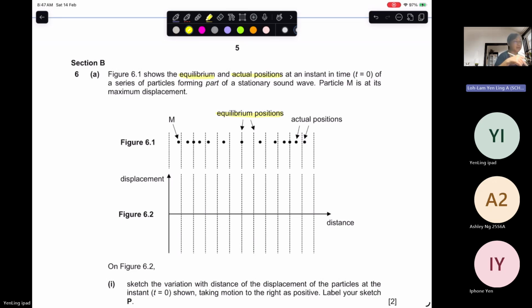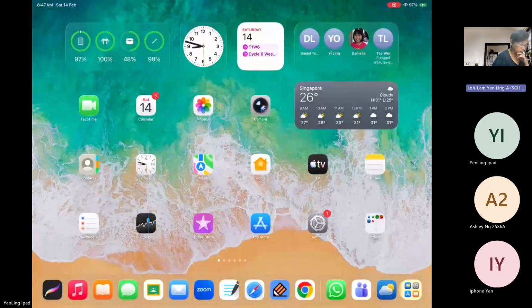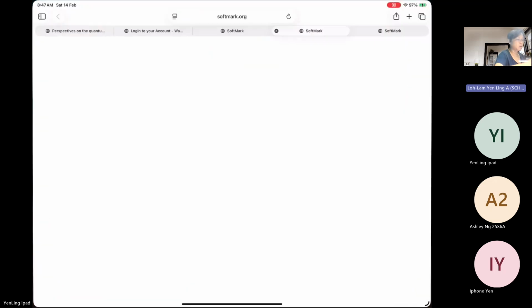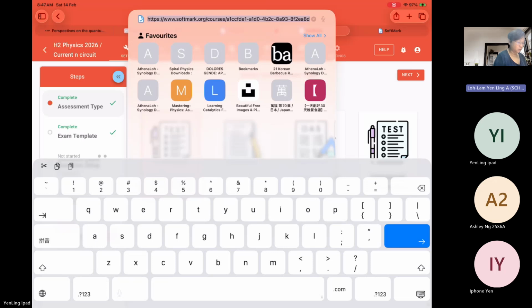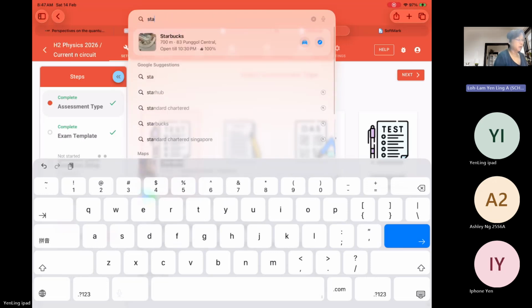This is this particular set of particles, and this is not for a progressive wave. It's actually a set of stationary sound waves. So if we look at stationary sound waves, if you want, I can actually send you a Google link. Or you can do a quick Google, I should have done this yesterday. So if you search stationary sound waves,